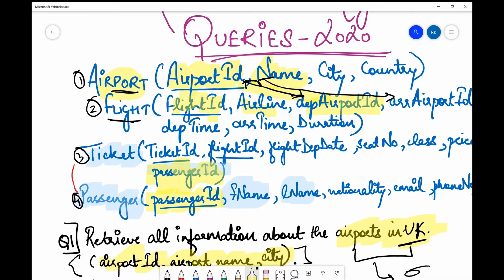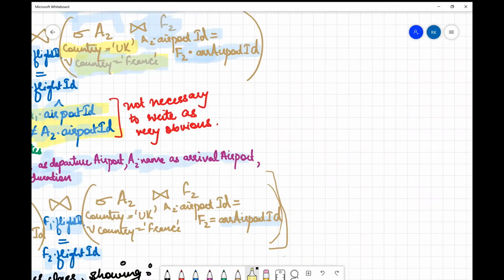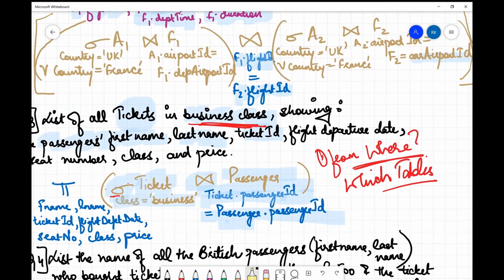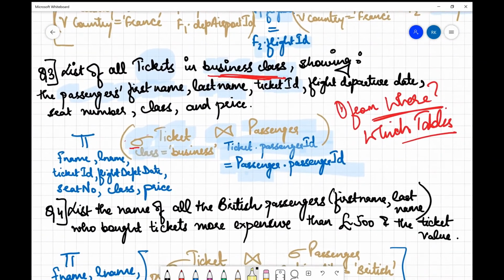You can find out the details about the keys in my previous videos, but just for reference, when we are joining both of these, we'll equate these two. We need the details of the passengers who are holding these tickets. Therefore, I would say ticket.passenger_id equals passenger.passenger_id. So that is what I have done over here: ticket.passenger_id equals passenger.passenger_id.